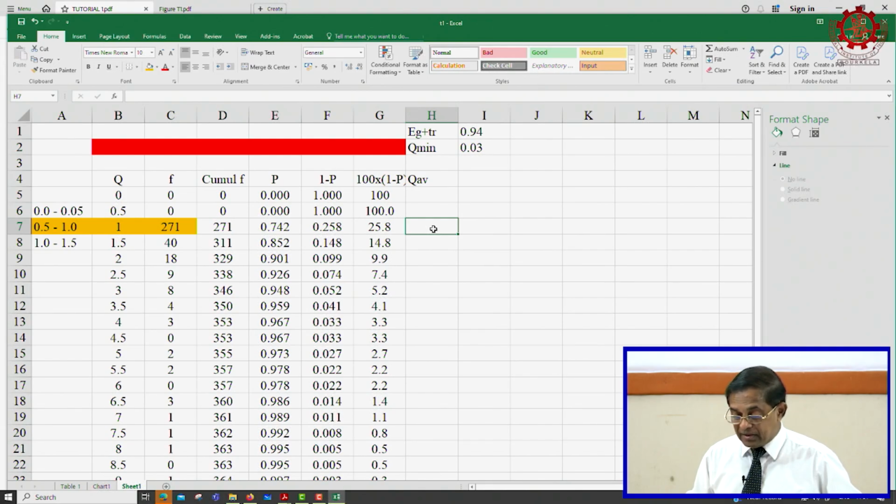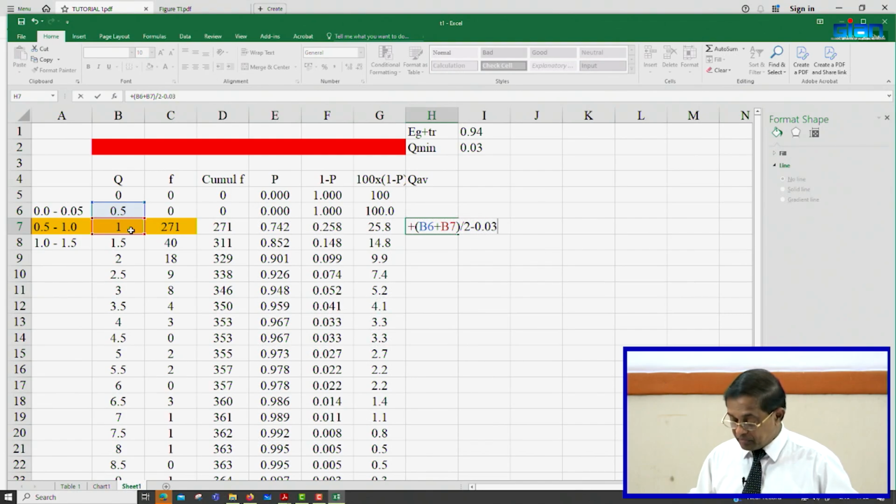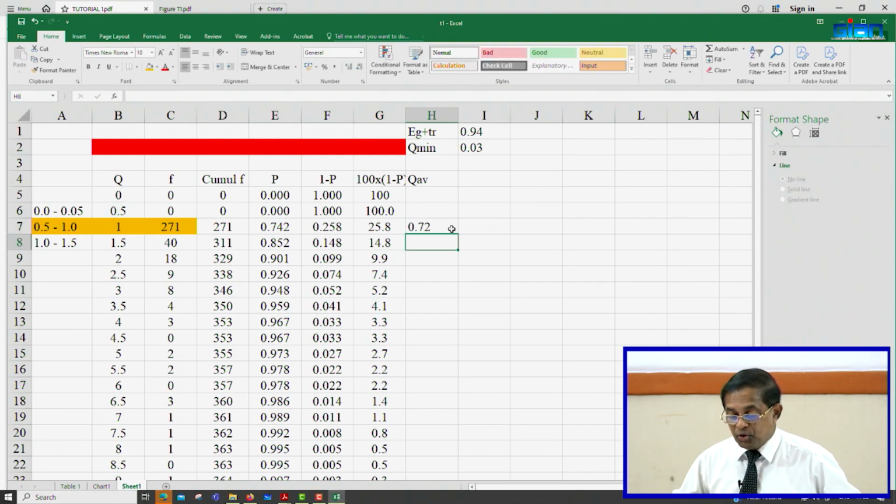I can write it like this: open bracket, 0.5 is the previous q value, plus present value, close, divided by 2, then minus environmental flow,